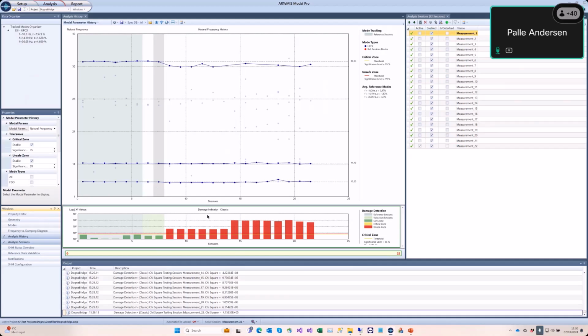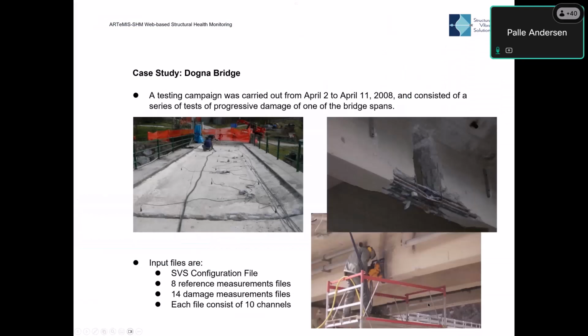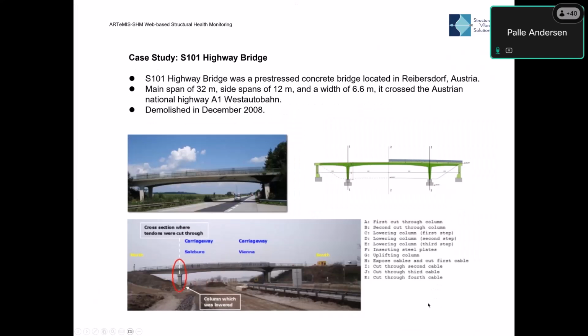Let's go back and see the presentation here, because now we want to switch to another case study that's a little bit more advanced. This is this bridge here. Again, it was a bridge that was decided to be no longer usable for some reason. And some researchers across Europe had this IRIS project where they were allowed to introduce damage and then